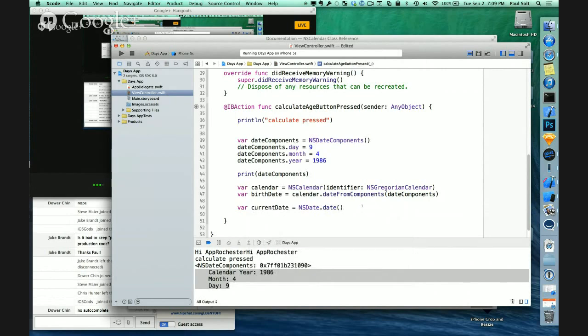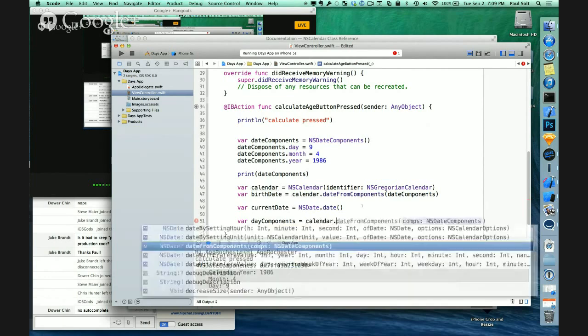And once we have that, we can now create another date components object. And this is going to be using another calendar method that's going to allow us to do the difference. So it's basically going to return a date component with the difference in the time between two different dates. So now we have two dates to work with. We have the current date and the birth date. And we'll create a new date components. This is going to be our day representation of the calendar. So if I do calendar.components,